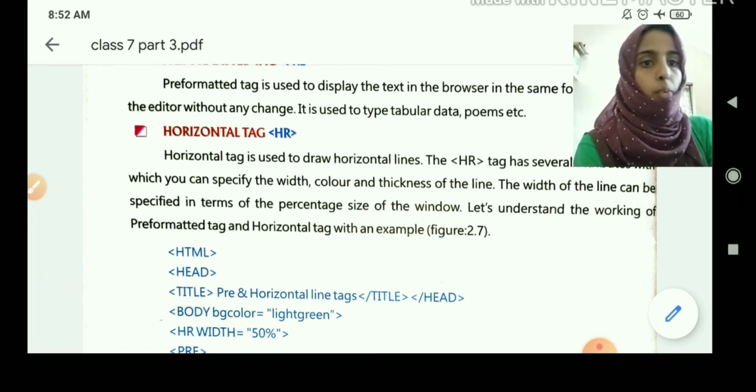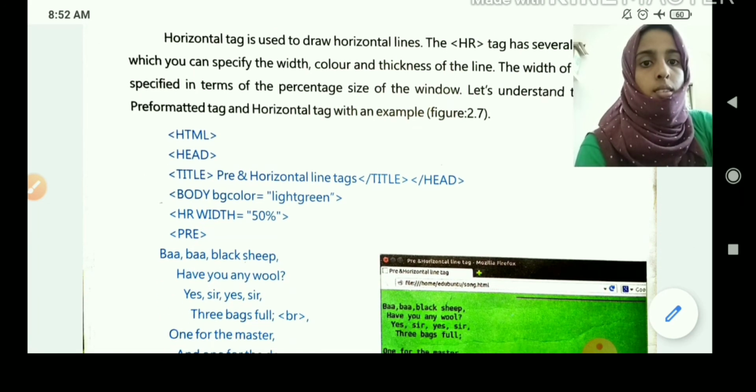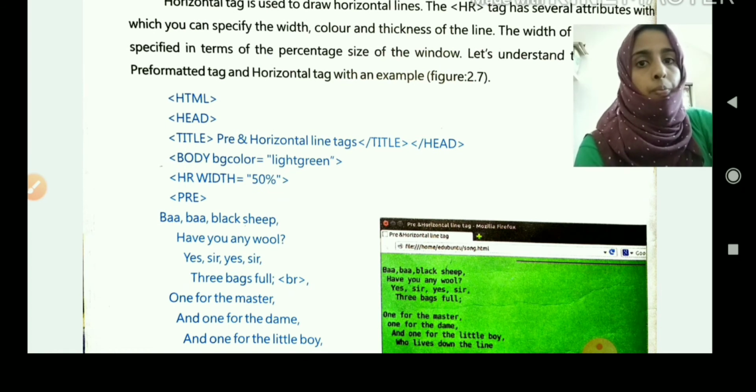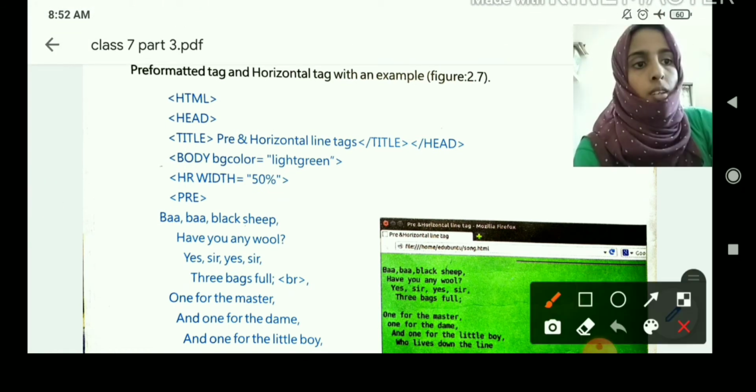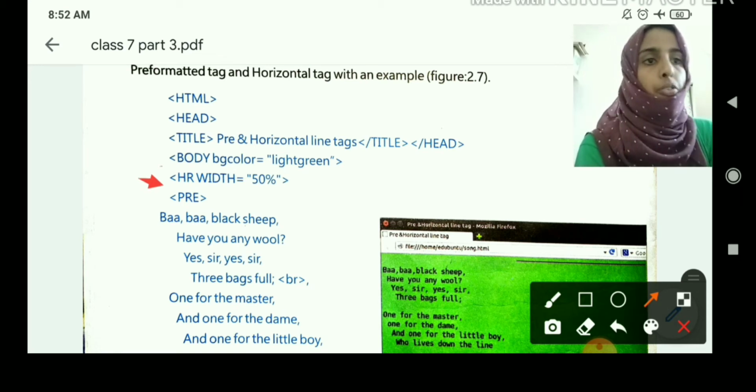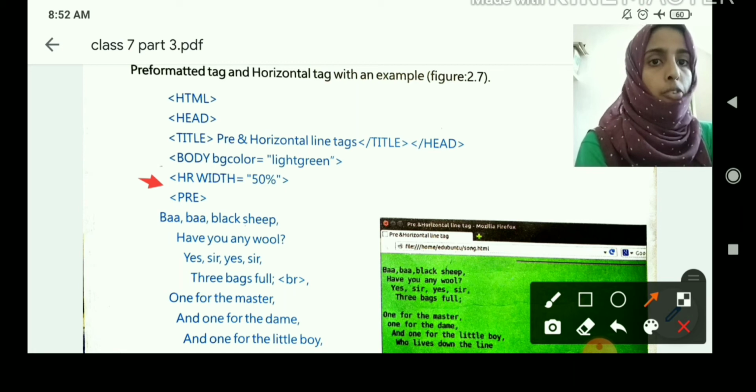Okay. For example, here HR width equal to 50 percentage. Okay. If you are not giving the size, then by default the value will be 2 pixels. Okay.